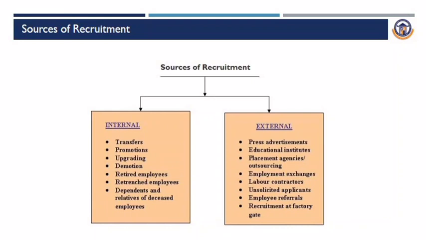Next is recruitment at factory gate. Unskilled workers may be recruited at the factory gate. These may be employed whenever a permanent worker is absent. More efficient among these may be recruited to fill permanent vacancies.